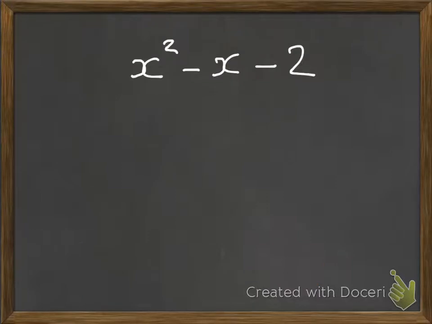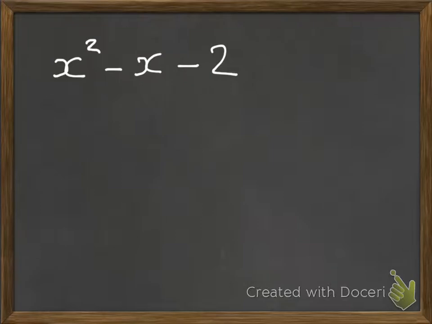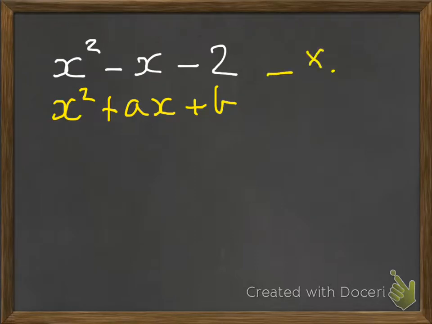So for this one, I'm just going to move that over there slightly. Let's put down the general formula again for this, which is x squared plus ax, plus b. So I've got to find two numbers that when added together equal a,